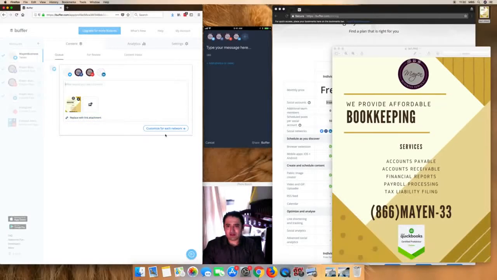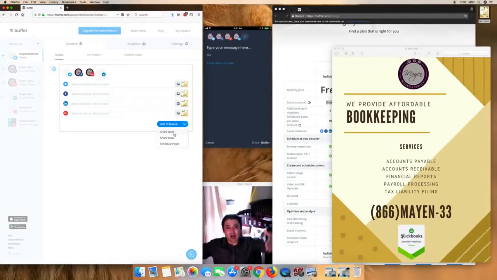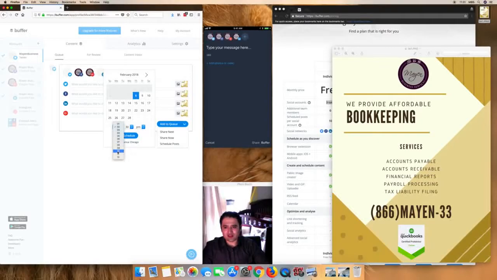All right. So we can add to queue. See this button here, add to queue. And then, on the drop down, we can share next. So if you had anything in the queue, it will actually put it behind that and it will share it after that gets posted. You can share now, or you can schedule the post. If you schedule the post, which I'm going to do, it's 11:31. Let's go ahead and schedule it at